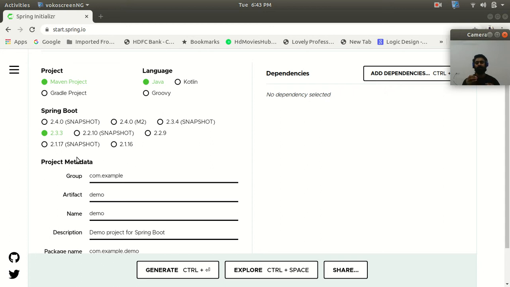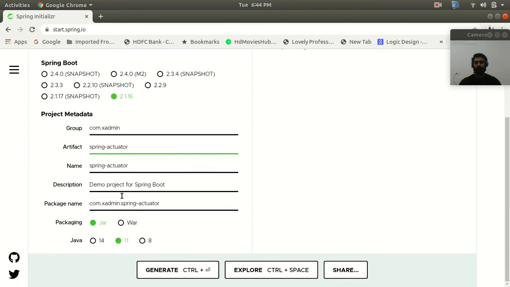So first of all, I'm going to create a Spring Boot application with the help of Spring Initializr. This is a Maven project, and here I will use 2.1.6. Let's change the group name, change the artifact name, and packaging as a jar, and Java 8 I will use.